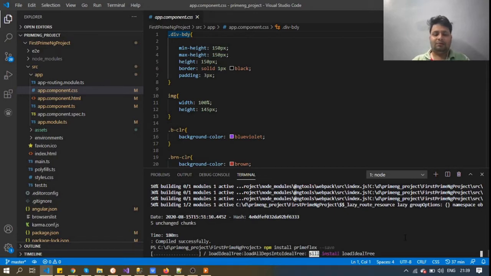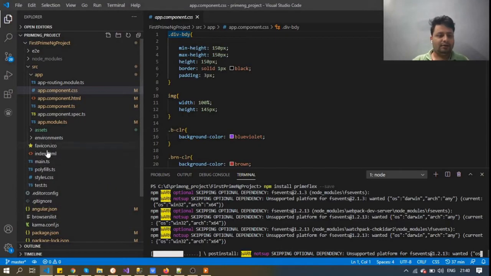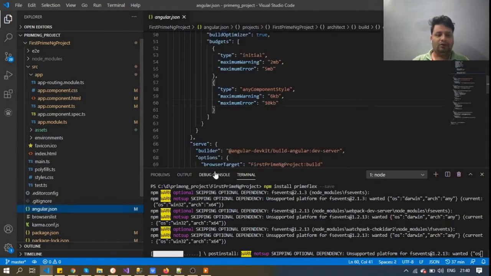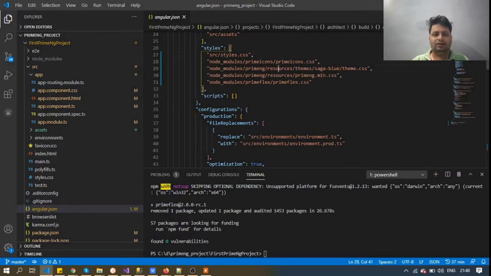Give it some time, so it will install into the project, and after that it says to add a CSS file. The CSS file name is primeflex. Copy and paste it into your angular.json file. Go to the styles, and here we go. I have already saved this reference into the styles.